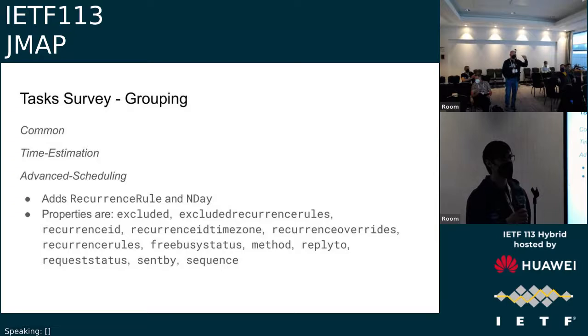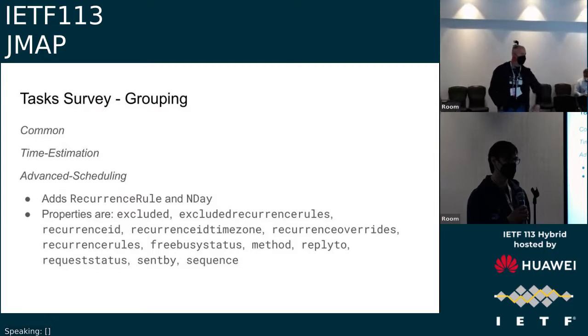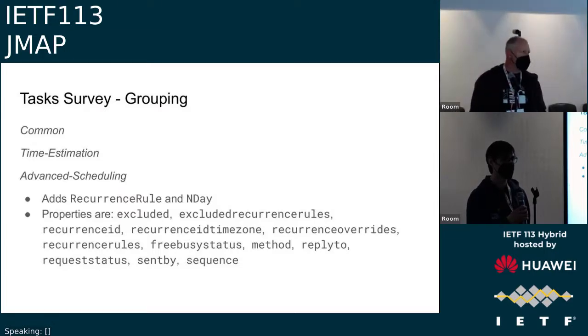Then if you've got other levels of feature sets, you describe in the text what that feature set entails in terms of properties, and just make those sub-capabilities underneath the actual JSTask capability. So within the object, you say supports time estimation true or false, advanced scheduling true or false, and whatever else you might end up with. I think that's probably the easiest way to go about this. Does that make sense? Yeah, that's nice, yeah. Okay.